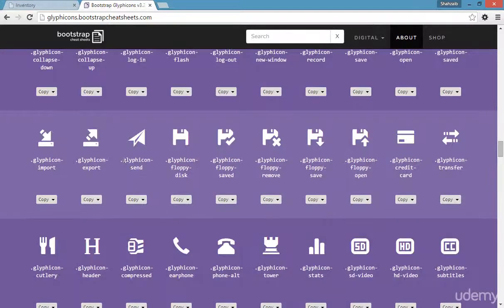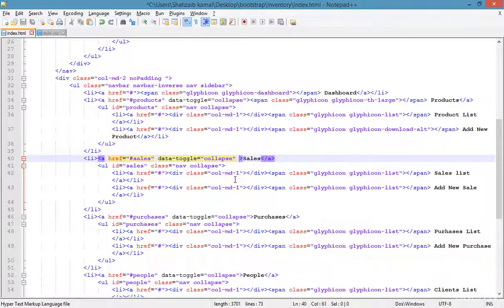This one looking perfect, like export. Okay, exporting means selling or something, whatever you can say. So simply copy the icon and go there, and here I have to do the same, add any space and add the span tag,